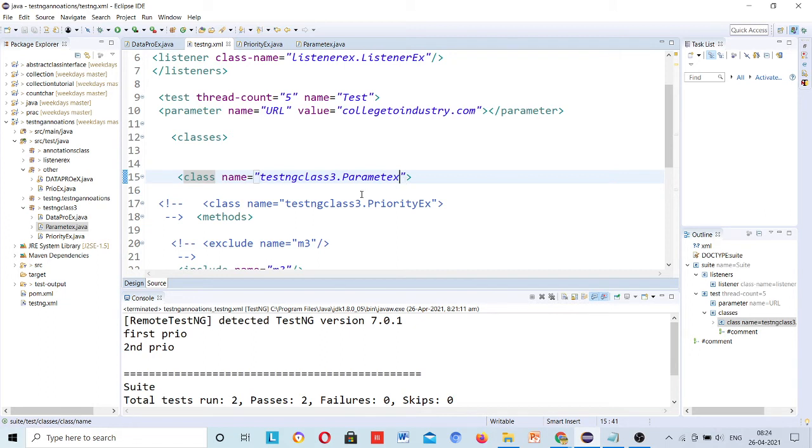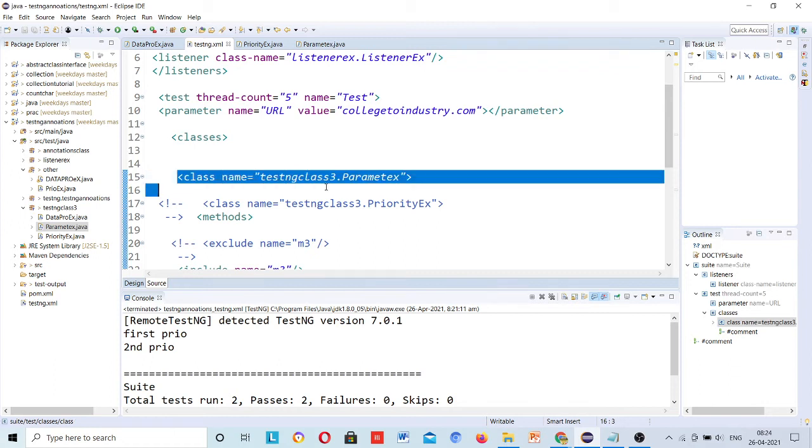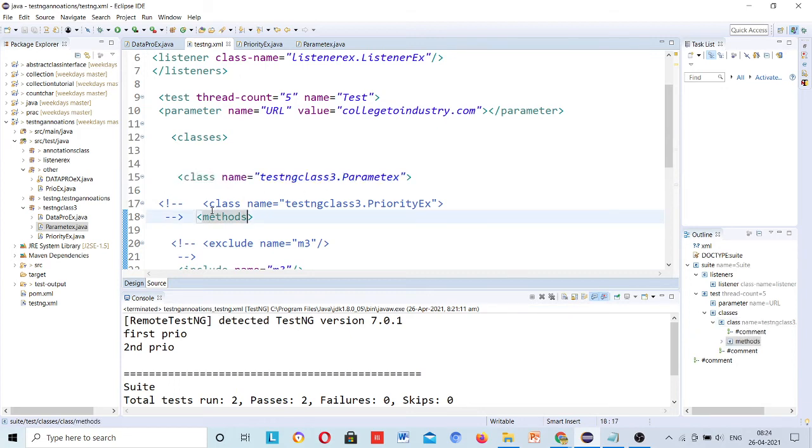I have given the package name and the parameter as class name. Simple. Then only this class will be executed through this testng.xml. Anything you are doing there, you have to perform here as well.